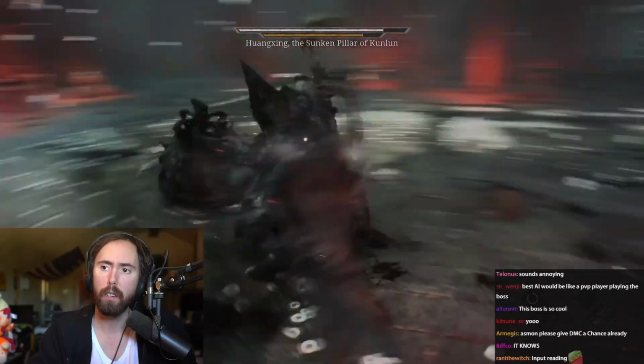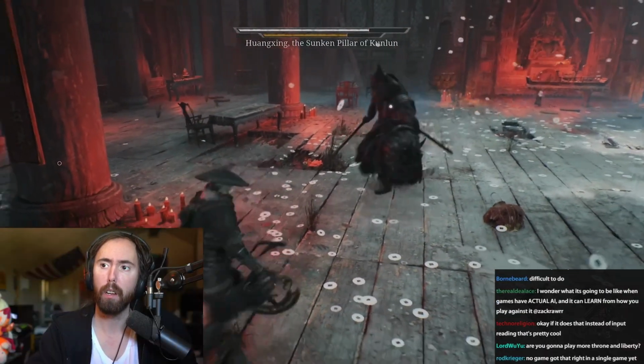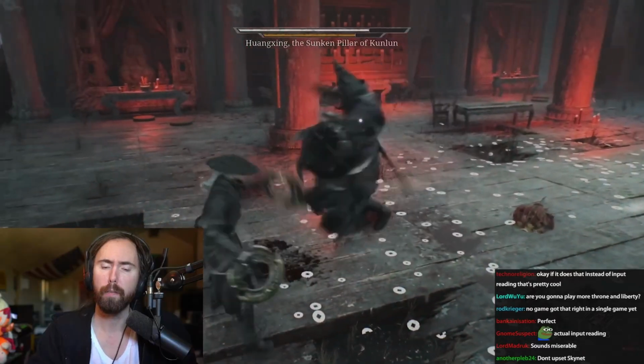It knows what you're trying to do. And so you really have to get behind a pillar to heal, or you kind of have to adapt your strategy, because the AI is really, really good. So generally what this means...